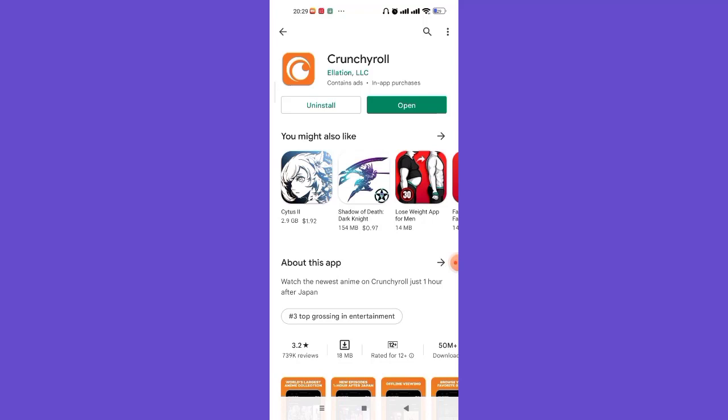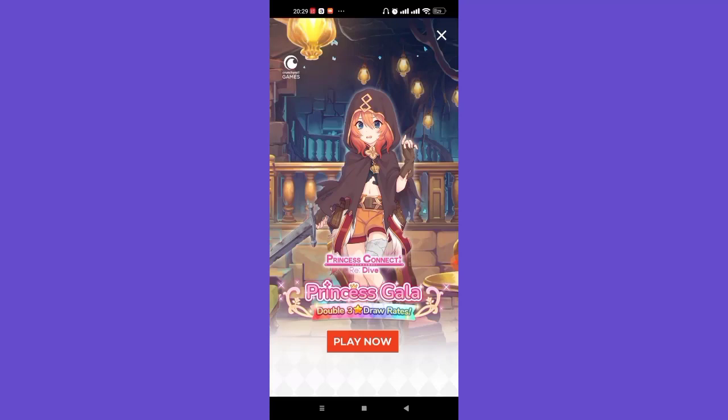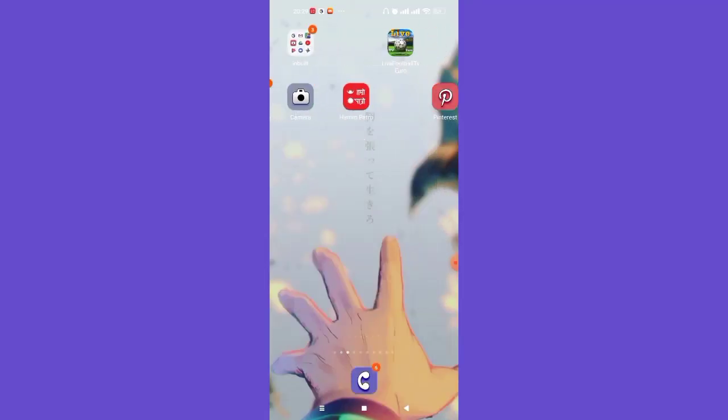Now, for you to open the Crunchyroll app, you'll have to simply click on that button or click on the app. And there you have it, the Crunchyroll app is completely downloaded, installed and ready to be streamed on your device. I hope this video helped you to download the Crunchyroll app on your Android